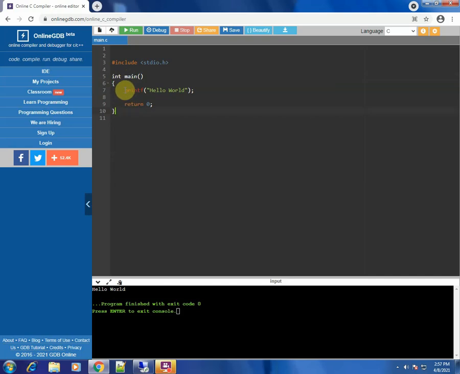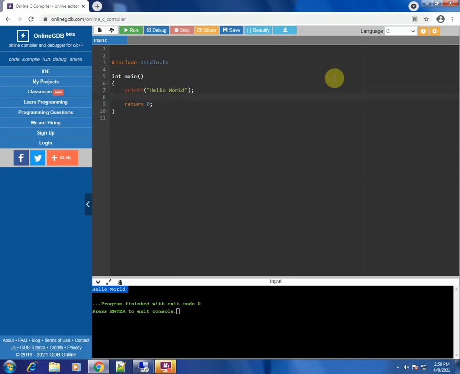Now inside the main function you can see only two lines. One is printf hello world. This printf is used to show some output on the screen. You can see down on the black console screen that hello world, what is printed, is exactly what you have put inside the printf function.